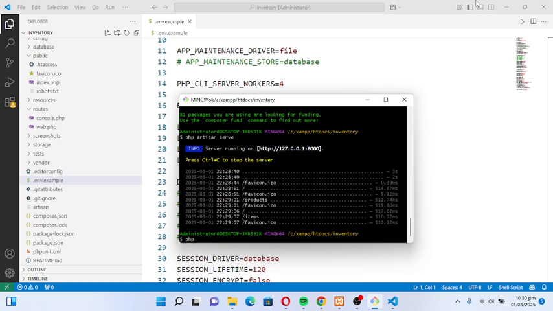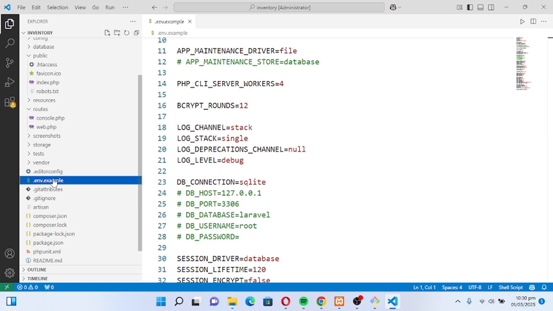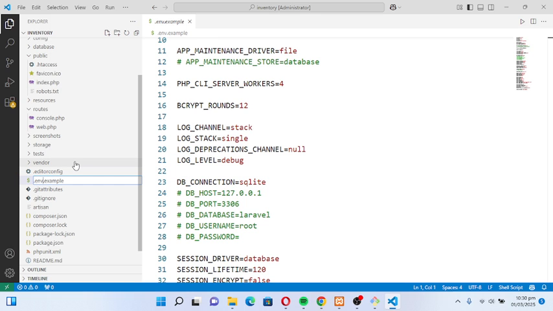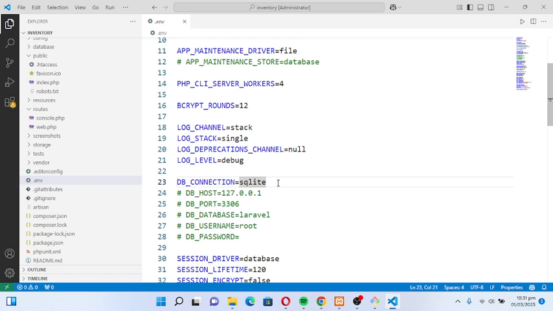PHP. Wait. I will rename this first to .env. And then this line of code, we convert to MySQL. Okay.